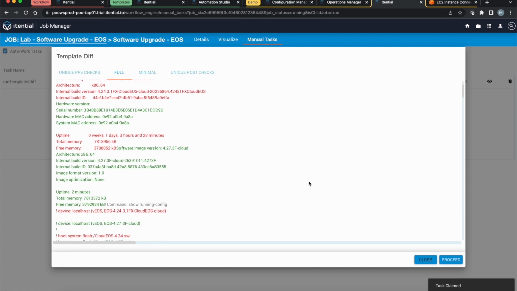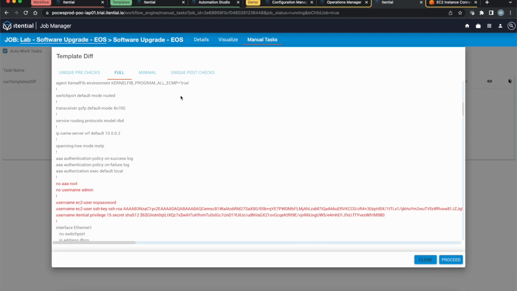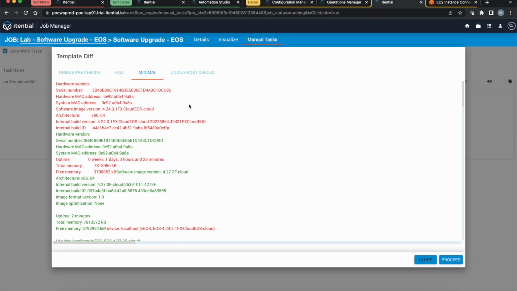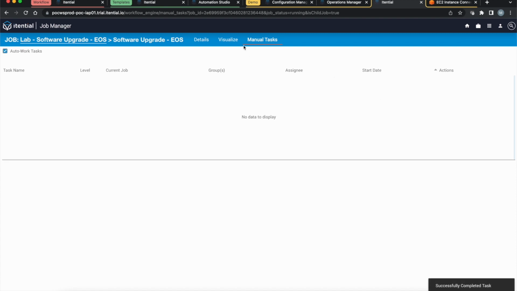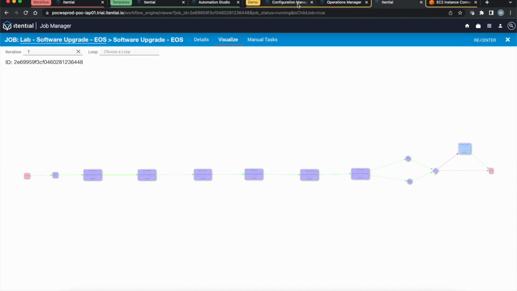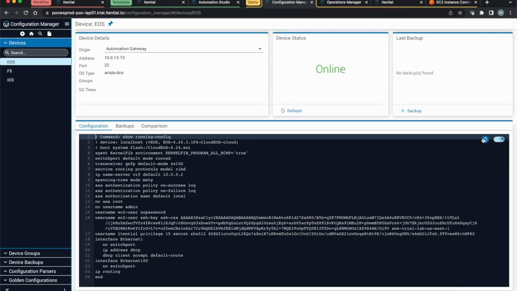The pre-post comparison is our final step in the automation prebuilt. Here we can see the results from the pre-checks against the results from the post checks. The minimal view allows us to see just the differences between the pre and the post, which is very handy when you're trying to compare the data. Inside of here, we can see the differences in our OS, and we can see the version has increased from 4.2.4 to 4.2.7. Our automation is completed, so I'll go back into Configuration Manager, pull another live configuration from the